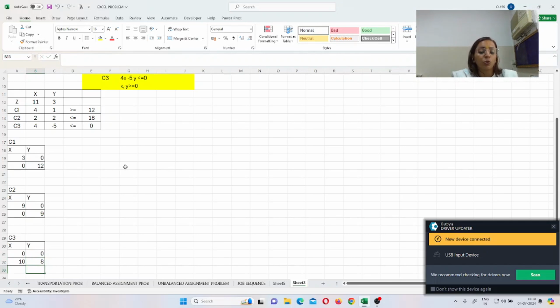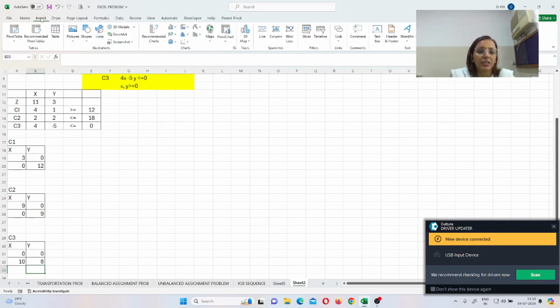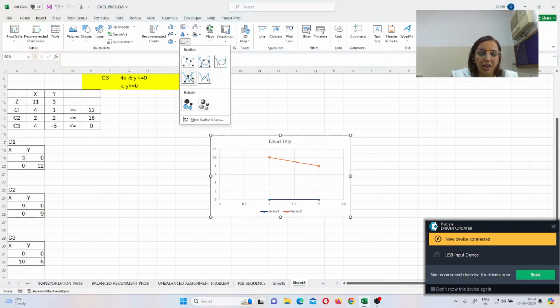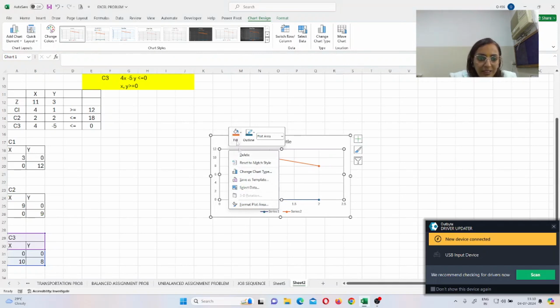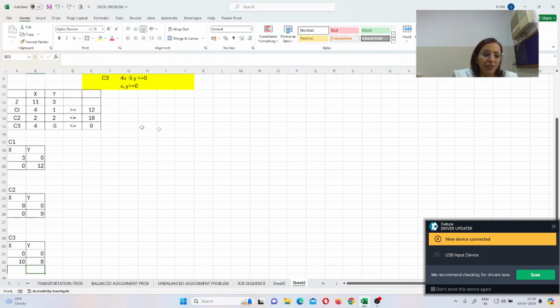Now we have to use our graphical method, taking all the equations' values. So go over there, insert, you have to go in the insert, where charts are there. Scatter charts are there, make it a graph 1. If you go in graph 1, you have to add the data. So select this, right click over here. Or what we can do, we can select the data first of all.